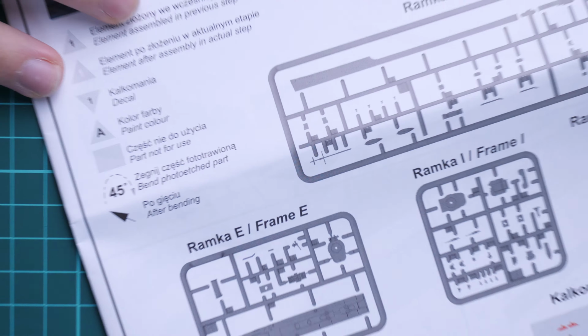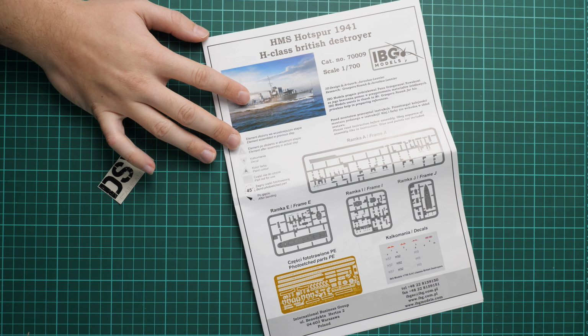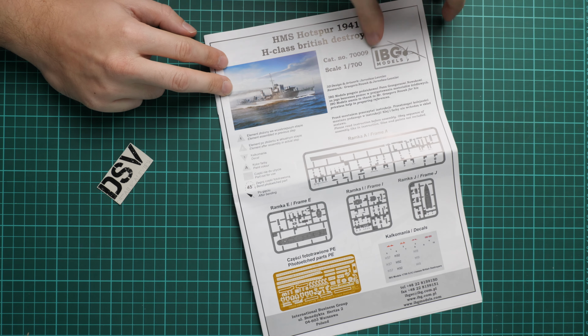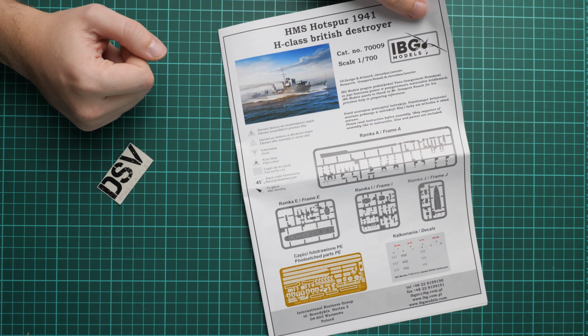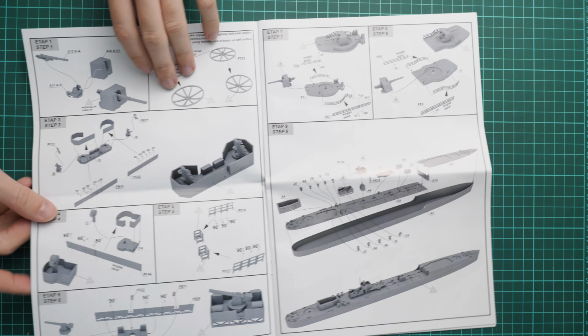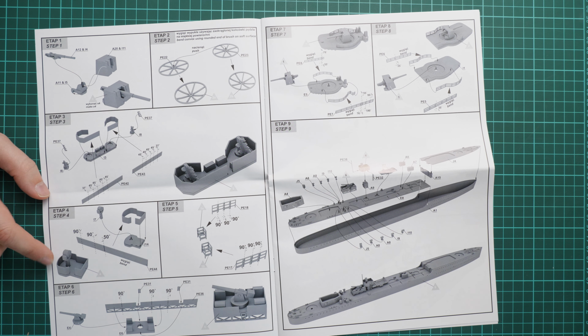Next we go on with the assembly manual. Here it is. Let's zoom out a bit. Now you should be able to see it. So that's a color printed brochure. Here we have a parts map, no history note, so if you would like to know more you will have to Google it. Next we continue with the assembly process, which is shown with the help of these 3D images,